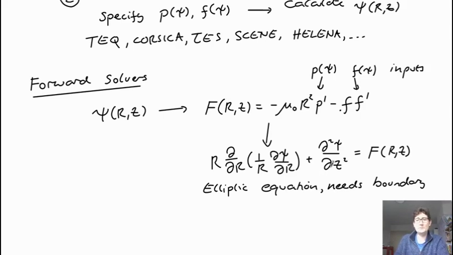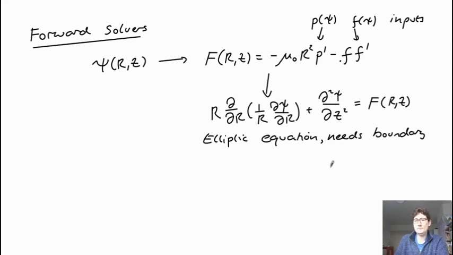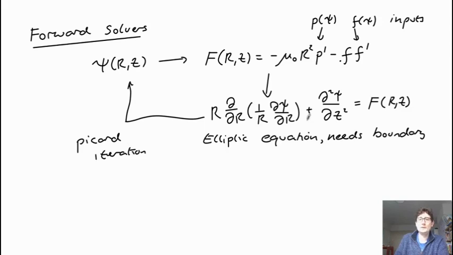And so in practice we're solving an equation in some domain. We have specified boundaries everywhere, and then if we know f, we can calculate psi, and then this gives us a better estimate for psi, and that goes around this loop. And this loop is called a Picard iteration. That's the basic way we solve this nonlinear problem.